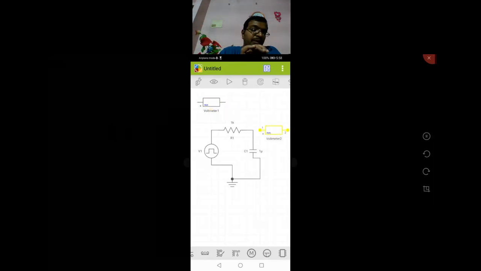One voltmeter goes across the capacitor. So we need to rotate that voltmeter. We can use the semi-arc symbol at the top, on the side of the bin. Right, at the top you can see it here. So click on that and place the component across the capacitor. And we need to make a connection.